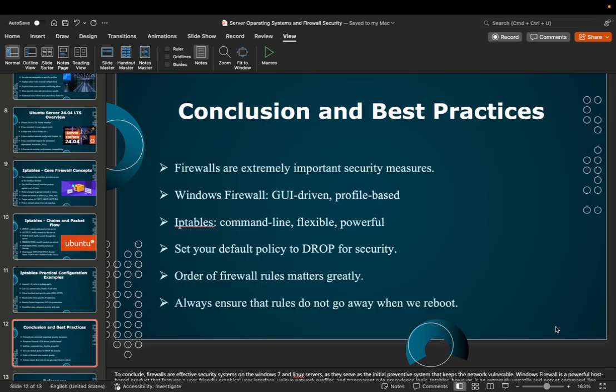To conclude, firewalls are effective security systems on both Windows and Linux servers, as they serve as an initial preventive system that keeps the network safe from vulnerabilities. Windows Firewall is a powerful host-based product that features a user-friendly graphical user interface, distinct network profiles, and transparent rule precedence logic. iptables, however, is an extremely versatile and potent command line interface for Linux, which allows access to